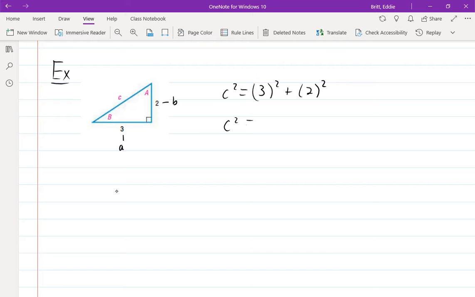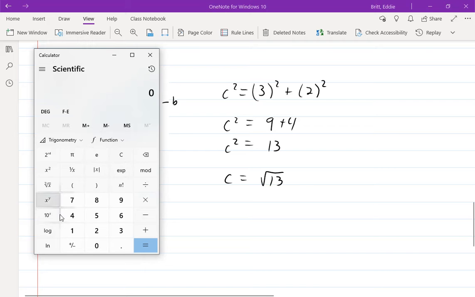So c squared equals 9 plus 4, or c squared equals 13. So I take the square root of both sides, and I get that c is equal to the square root of 13. It's not plus or minus because these are lengths and they can't be negative. If for some reason you wanted to approximate that, you could just go to your calculator